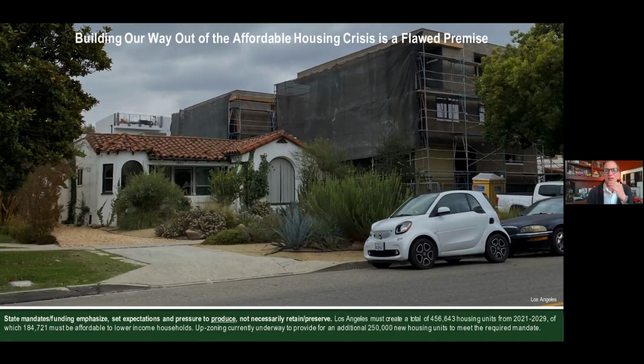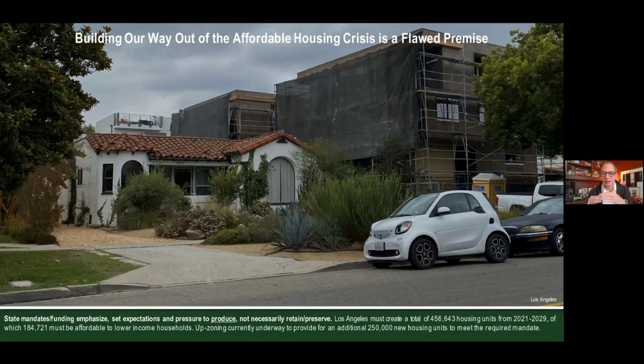It is also this idea that just building alone, or production, is the way to solve the problem. It's part of it, and it's a core part of it when we just look at the numbers side, that we're underserved in terms of what we're currently offering in housing. But we also need to be talking again about the retention and preservation of existing housing, and looking at the factors driving this idea of production as being the only thing we should be focused on, or not the only, but certainly the priority.